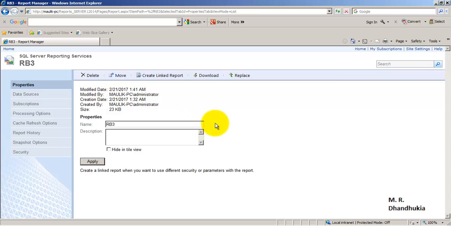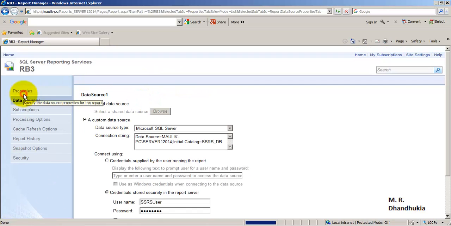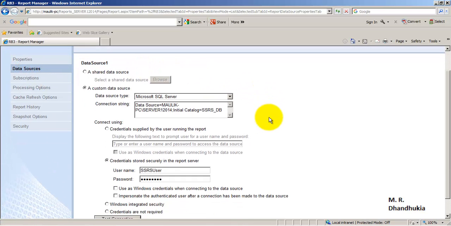What we need to do is create link reports and provide different parameters in the link reports. That's how link reports can be used. Now if you go to data sources,